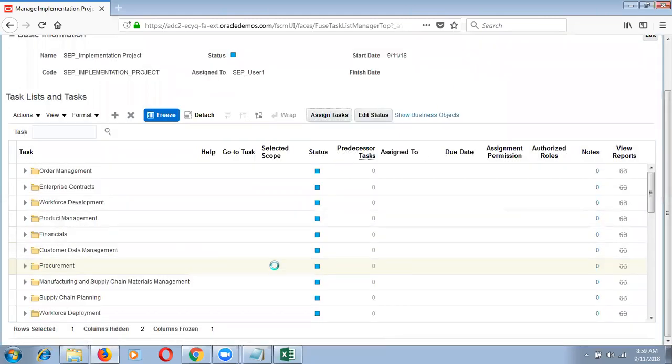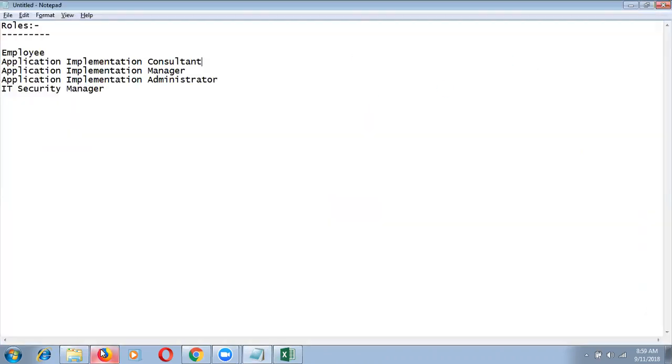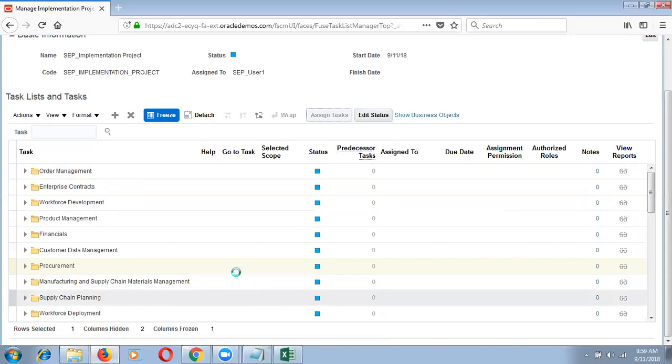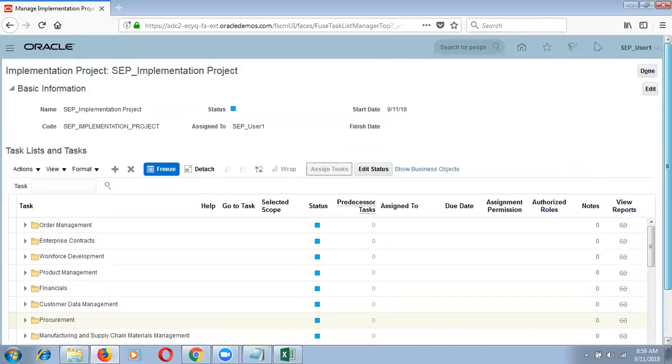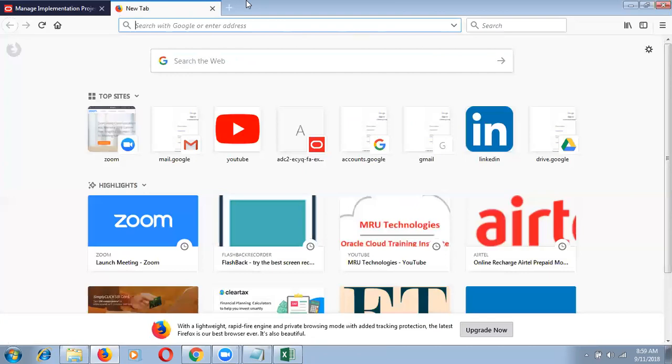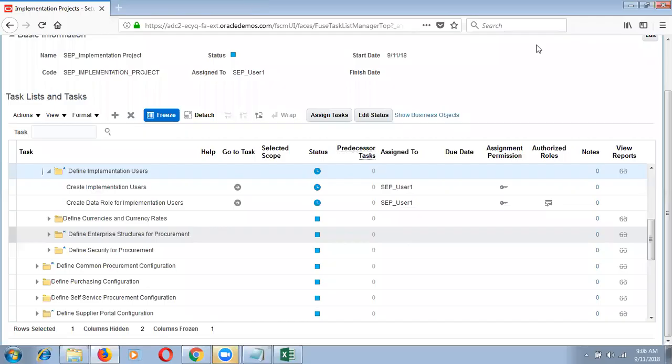I'm going to uncheck and again assign tasks. Sometimes the system will take more time. Okay, guys, sometimes our system will take more time. So click on assign task. Okay, better I will open from. Just give me a minute. Let me close it. Select done. I will clear cookies and caches from my browser. So once it is in progress,